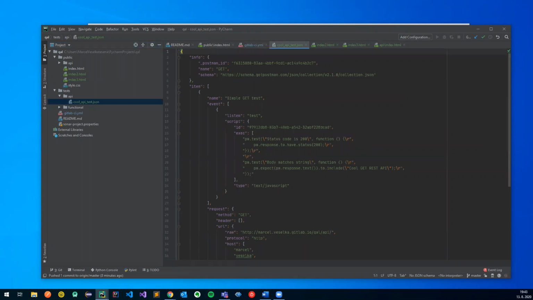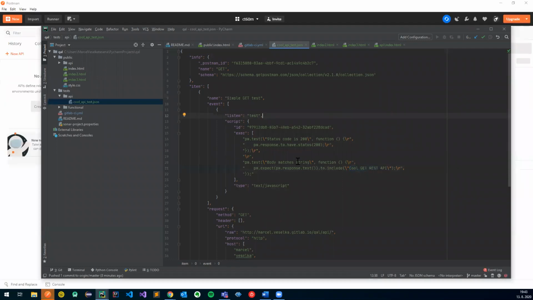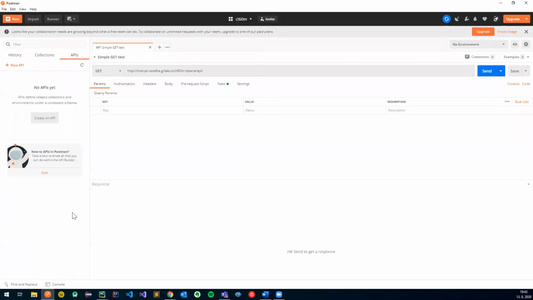And my test does nothing else than checking the status response code is 200. And I have within my response this cool get REST API. That's it. This is actually nothing else than an export from my test,